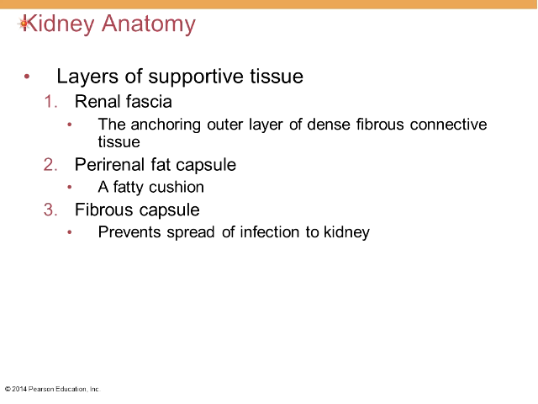Now we talk about the layers of the kidneys, the outside-in layers, as it were. The renal fascia is the anchoring outer layer, this fibrous connective tissue that holds the kidneys in place. And there's also fat around the kidneys, which serves as a block for injury and gives us some protection. Last of all, there's a fibrous capsule around the kidneys, and it's a very dense,